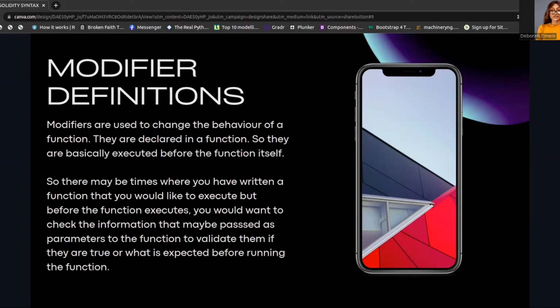Okay, let me give you an instance that will probably be clearer. Let me use the same student example. You're trying to acquire information about students in this particular school, like their name, their age, their department, their courses, and all of that. And you write a function in your contract